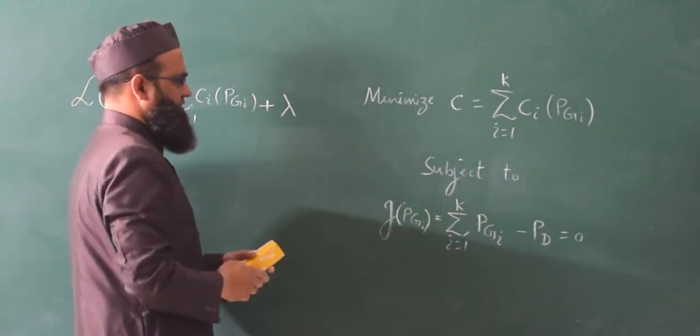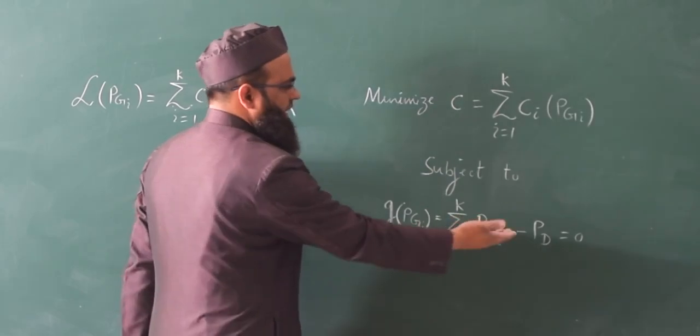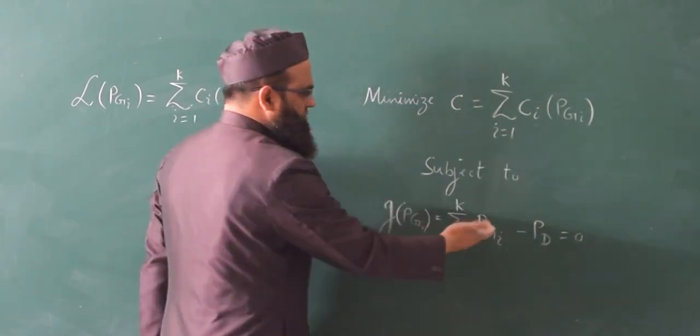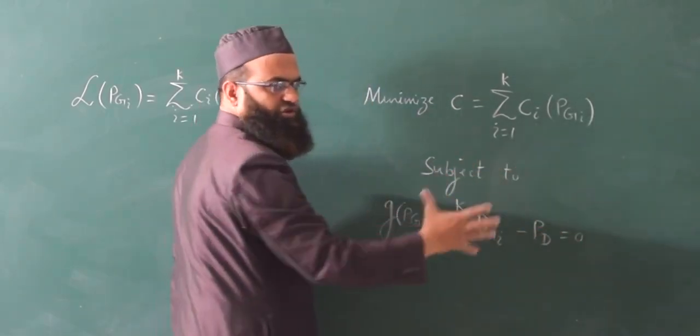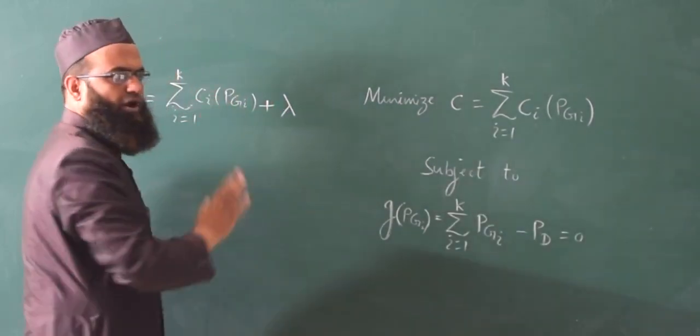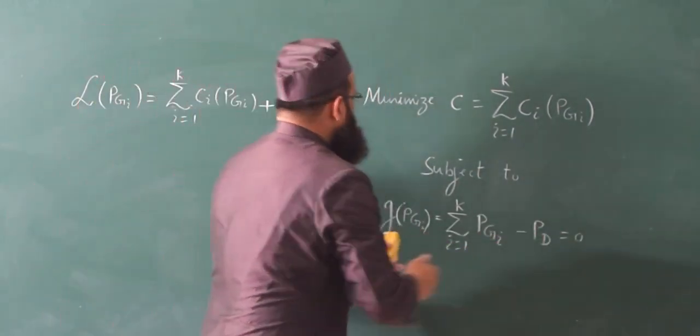You can take plus or minus, it doesn't matter. You can multiply both sides with minus, right? So this will be 0, or Pd minus this will be 0. That can adjust the sign of lambda. Write this one. This will be